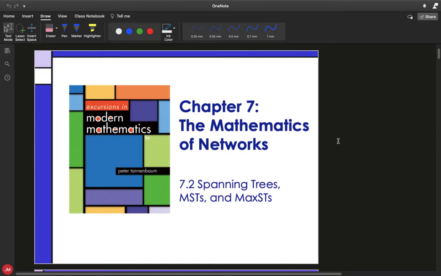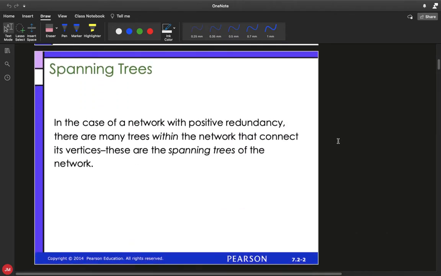All right, guys, so in 7.2, we're going to expand a little bit on some of the stuff that we talked about in 7.1. We're going to focus mainly on spanning trees as well as MSTs, being minimum spanning trees. Max STs are similar. You just look for a maximum rather than a minimum. So let's get started. So with spanning trees, in the case of a network with a positive redundancy, there are going